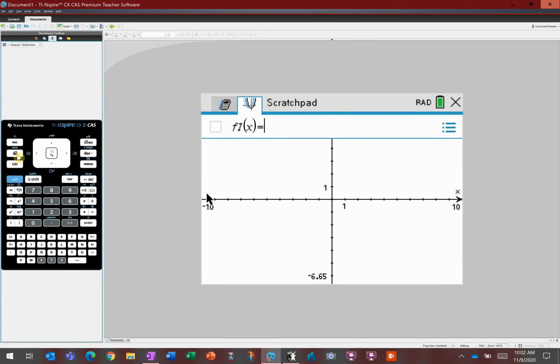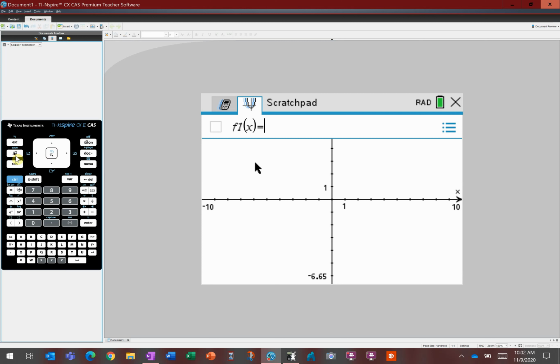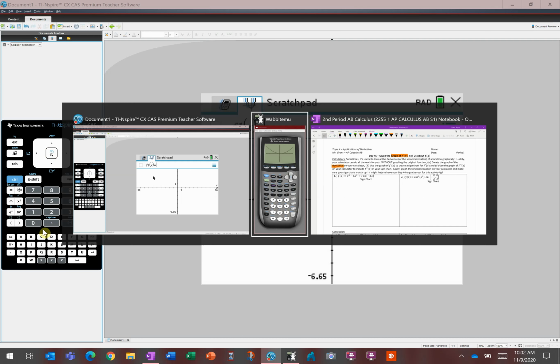So I always hit this calculator button to switch back and forth between our calculate screen and our graph screen, right? If you start at the home screen, you have calculate graph. I would suggest you should not use these down at the bottom. It fills up your memory really quickly. Instead, just stick with the calculate graph, and you can just use this to go back and forth. So graphing screen. If there's anything in here, tab down so you don't see it. Delete 3 times, yes, tab again, you're back up. Cool. We want to graph this cosine